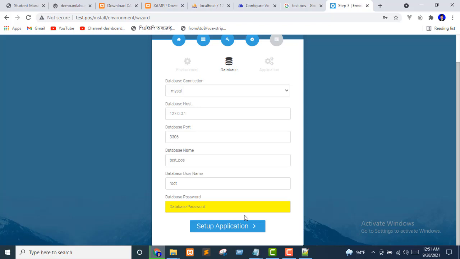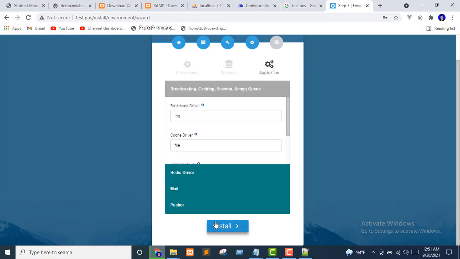You remember, when we installed the XAMPP application, we had a root user whose password is null. So now set up application, click on it, and click on install,